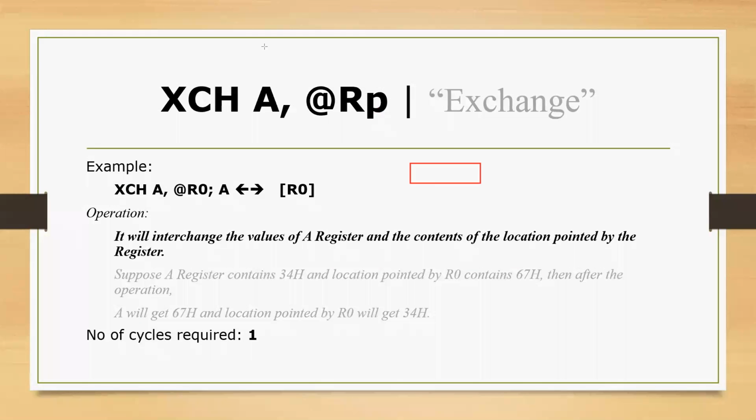That is, A register contains the value 34 and we have R0 register.